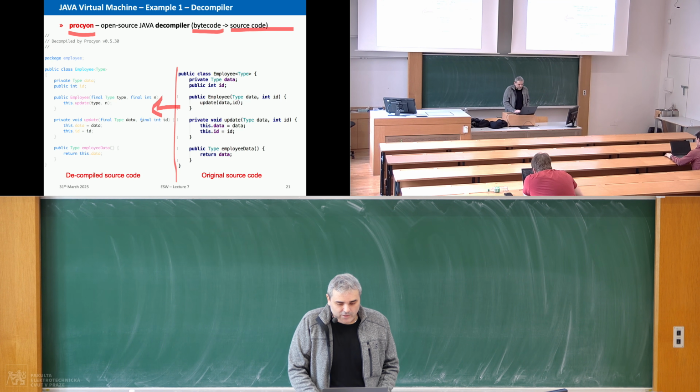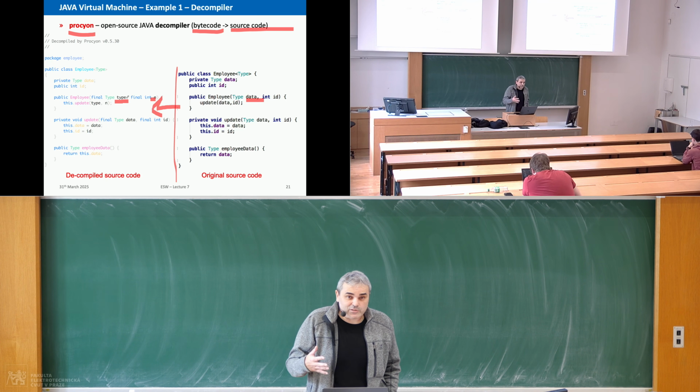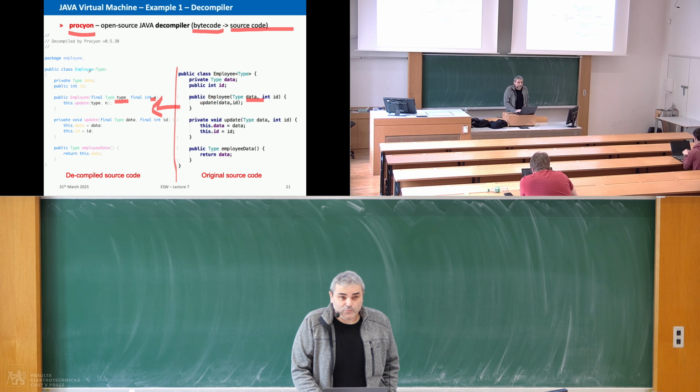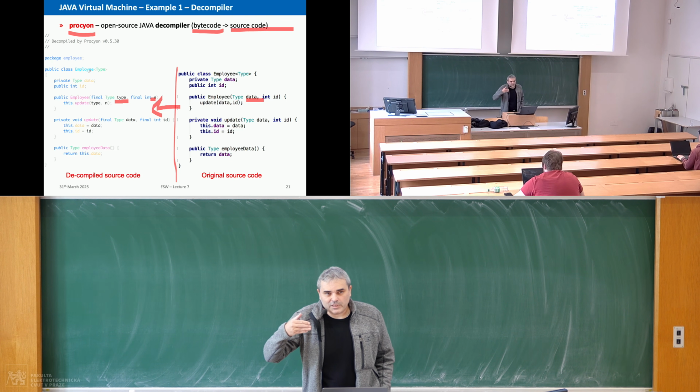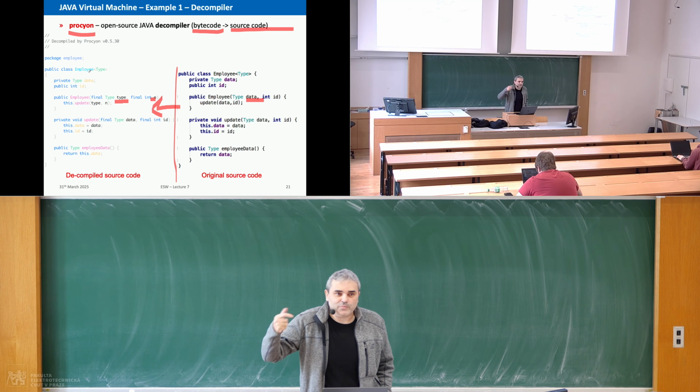anything like that. The only differences you can notice here are the names of the local arguments or variables, because those are not included in the bytecode. So those are generated automatically by the decompiler itself. Instead of ID, we have n here. Instead of data, we have type. But it doesn't matter. You can use this decompiled code for your modification and further compilation back to the compiled